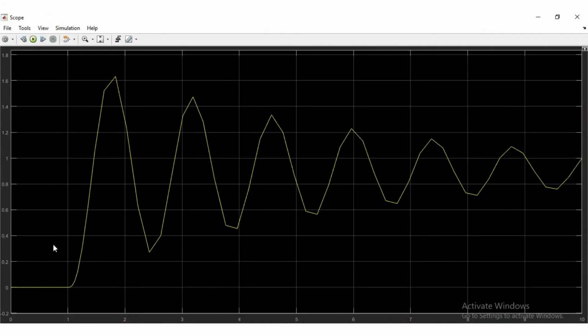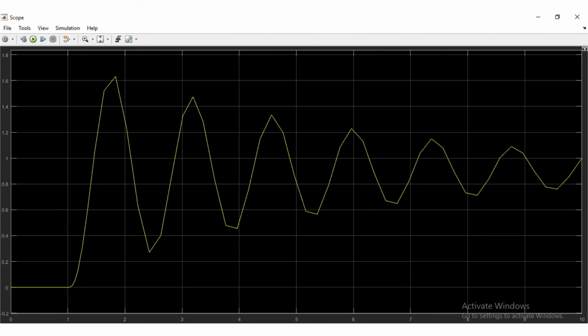So students, you can see here that our reference was a step input function. The output is following the input reference voltage, but with an overshoot, and after that we have a lot of oscillation, and then it is going to settle to 1. Now these oscillations are removed by using a power system stabilizer.